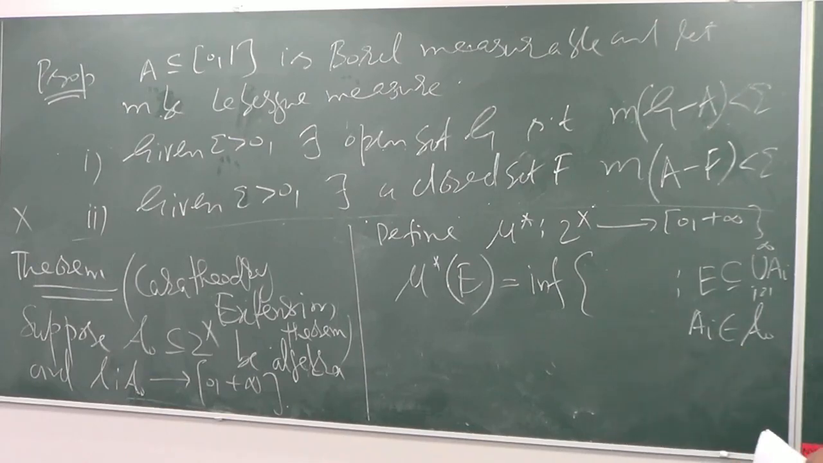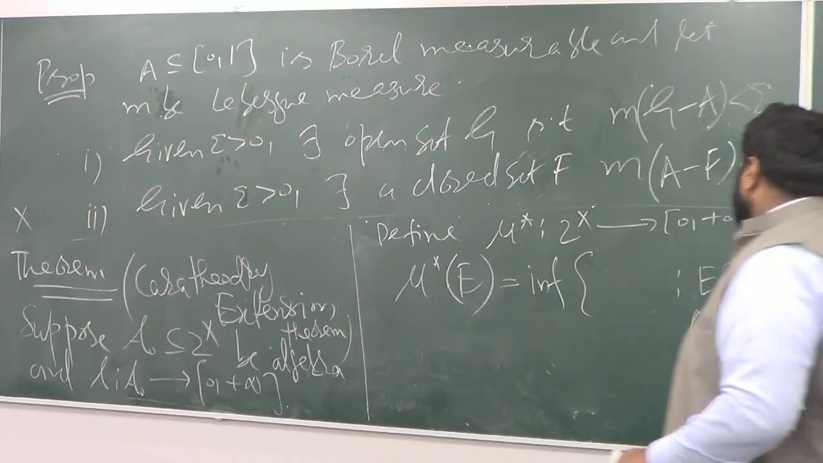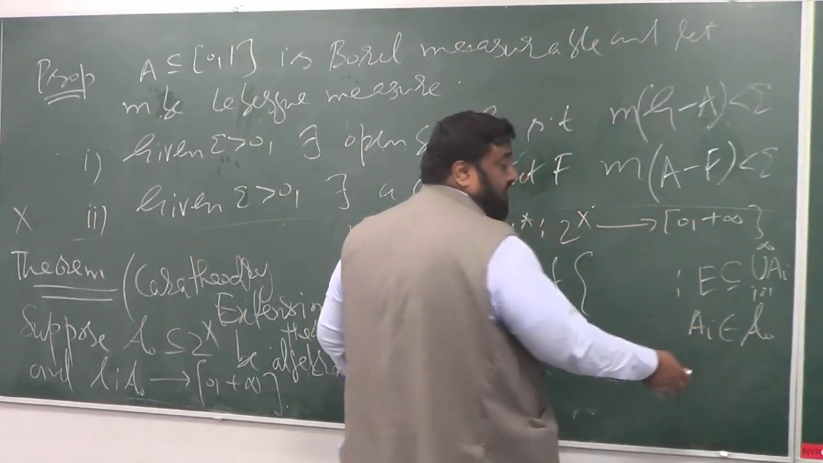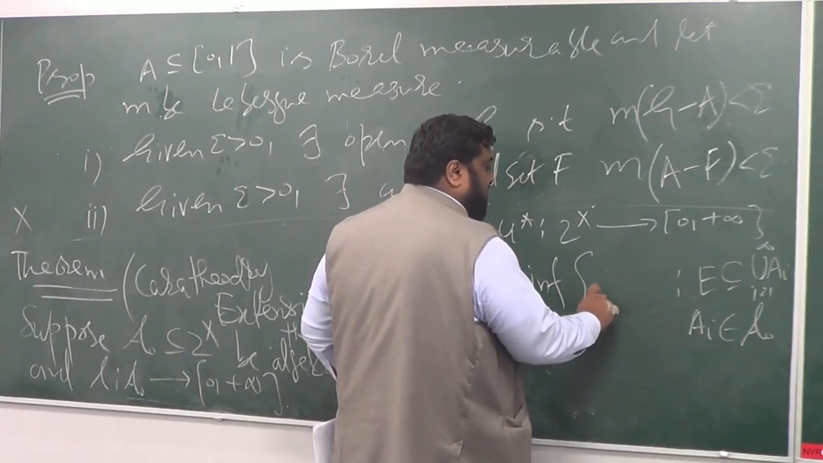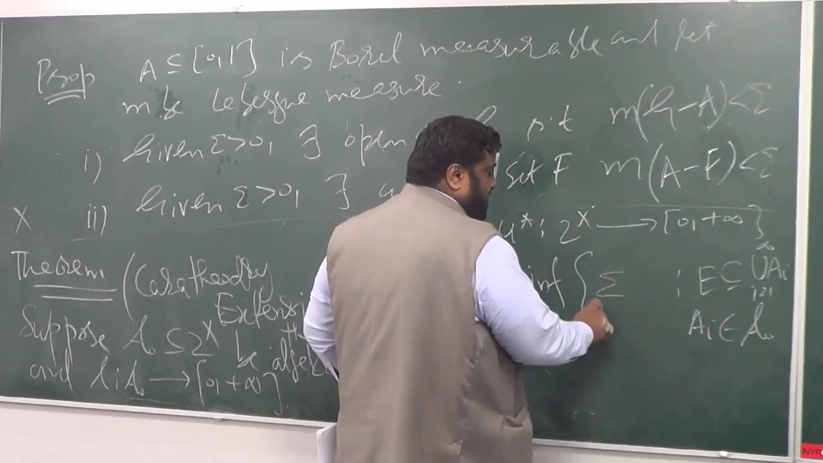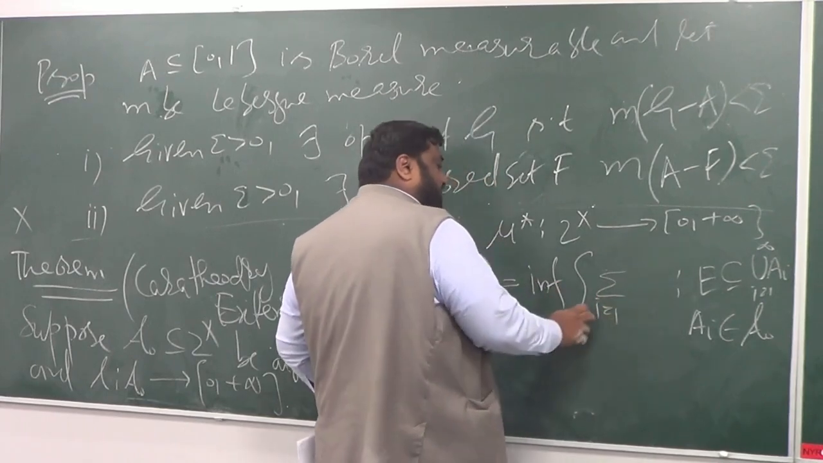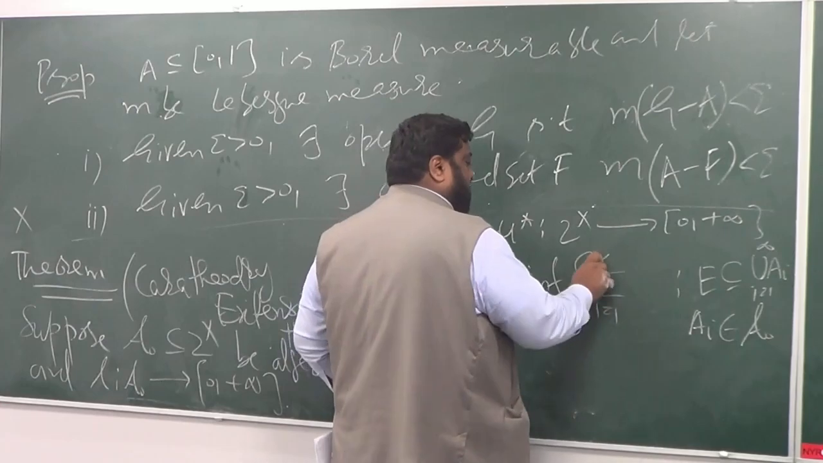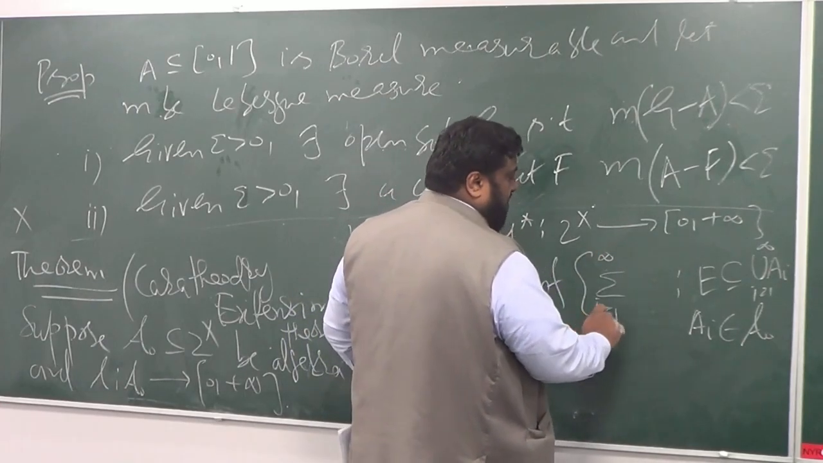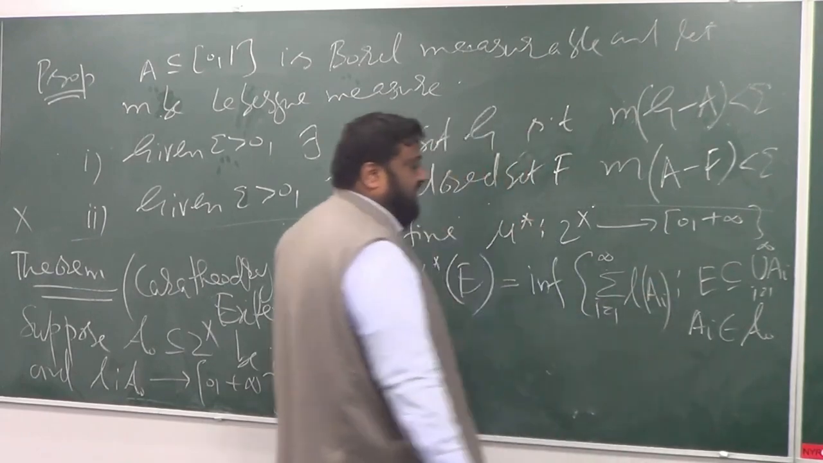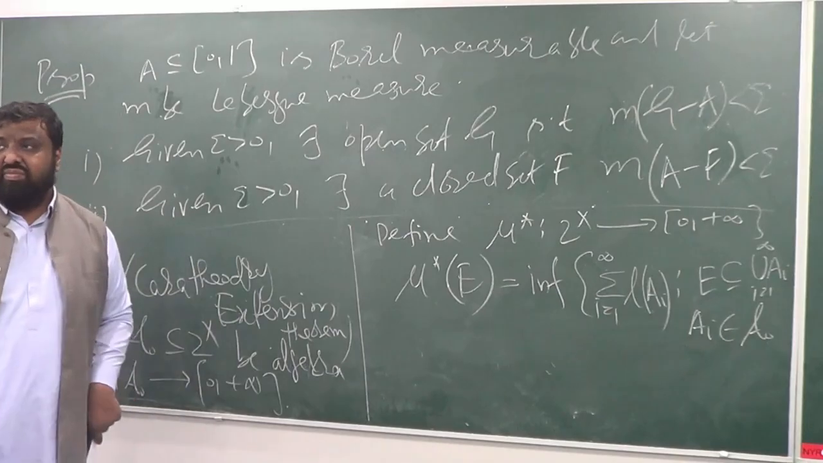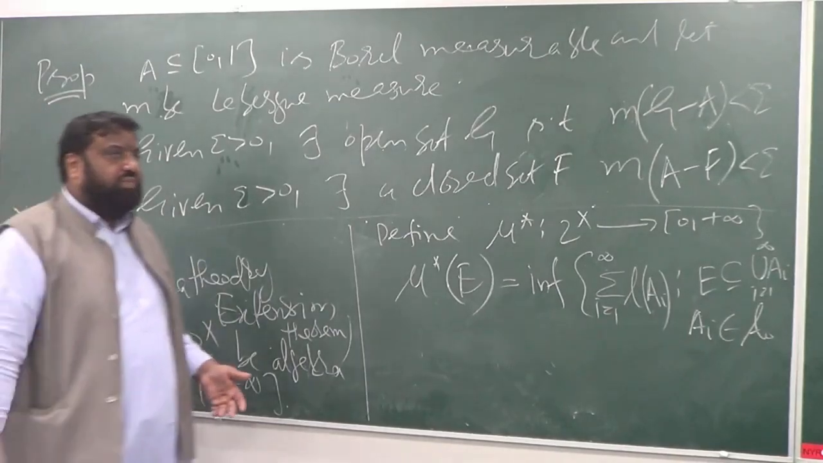Not necessarily. See here. So you can have lots of covers in A naught for E. And then you take the infimum of such series, the sum from 1 to infinity of the length of A_i. Okay. So in other words,